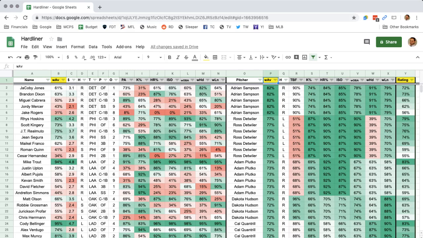But we're not thrilled about the Tigers. We're certainly not. But Brandon Dixon, perhaps Jacoby Jones. Definitely more Dixon as a mid-priced one-off.